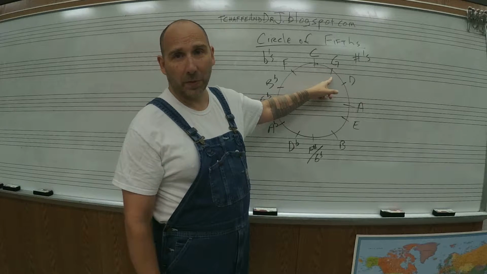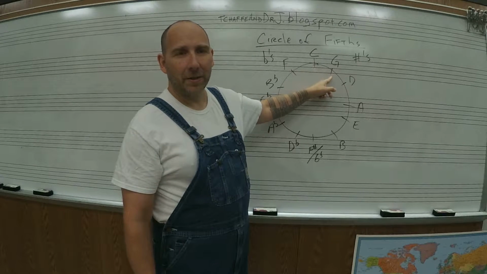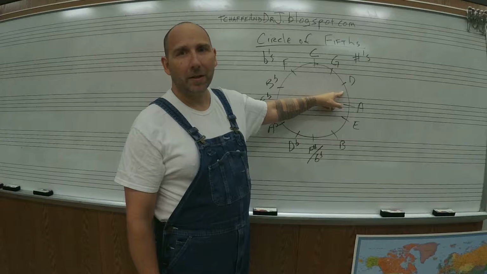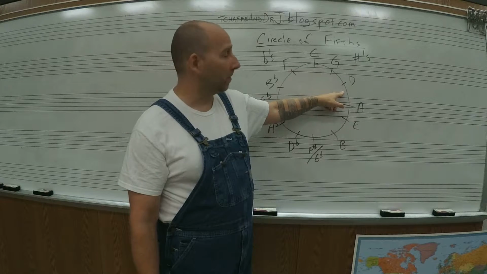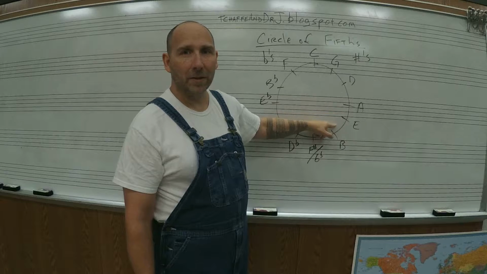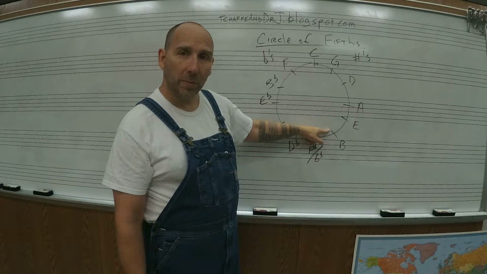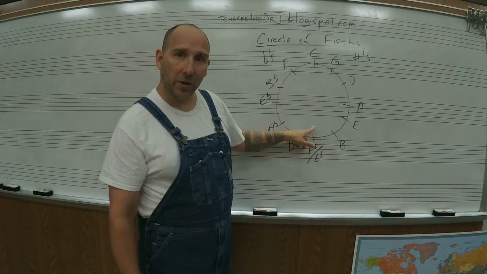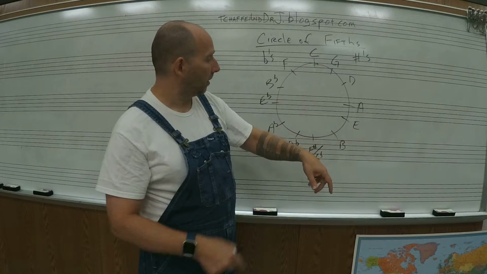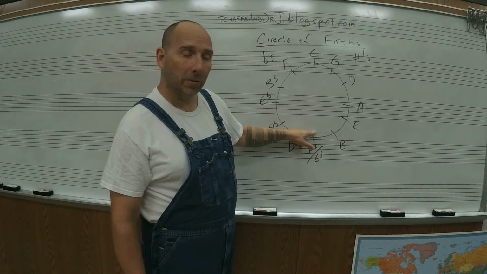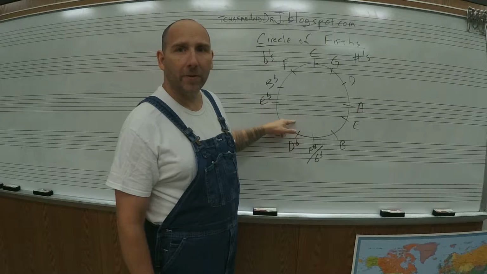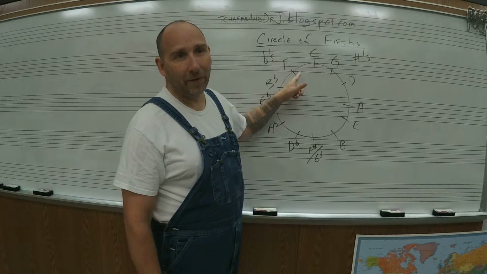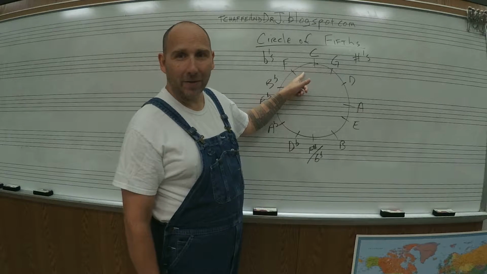G. Okay, at this point, reset your mind, start at the G and think your G major scale and go to the fifth note and you're going to find D. Start on D, major scale, go to the fifth note, you get A. A major scale, fifth note is E. E major scale, fifth note is B. B major scale, fifth note is F sharp. If we rename F sharp G flat because they are the same note on the keyboard, then G flat, the fifth note is D flat. D flat, the fifth note is A flat, fifth note is E flat, fifth note is B flat, the fifth note is F, and the fifth note of the F scale, you guessed it, is